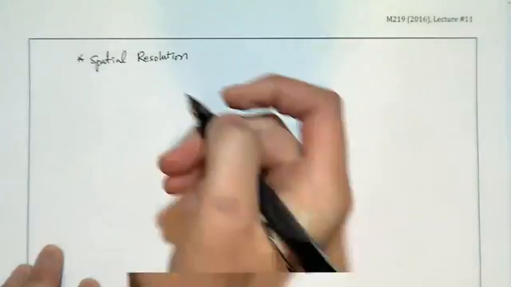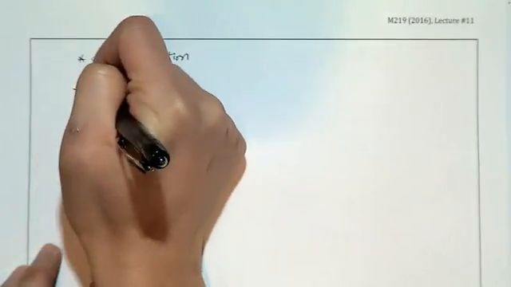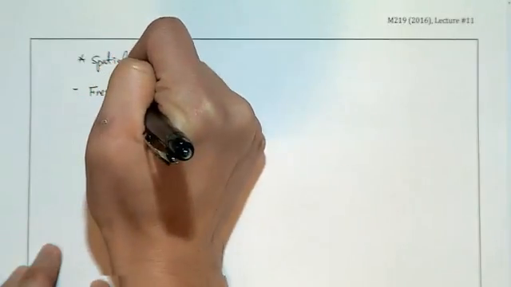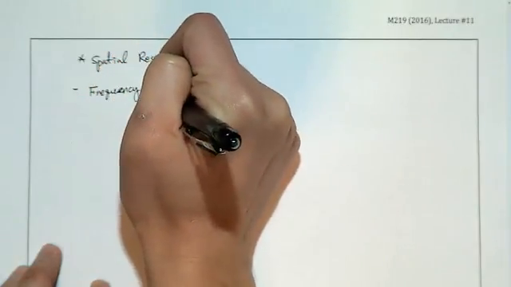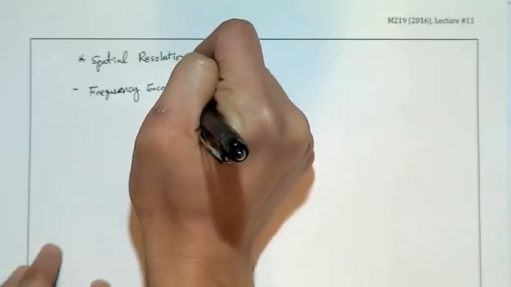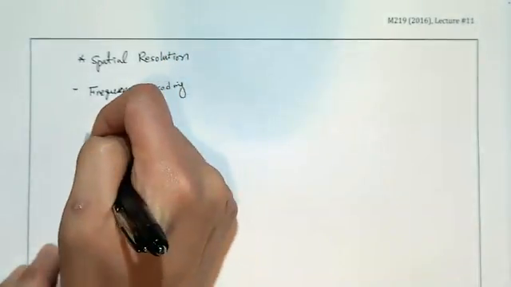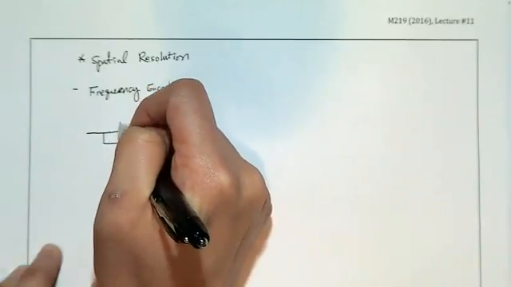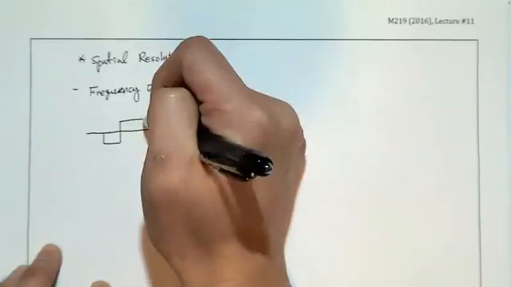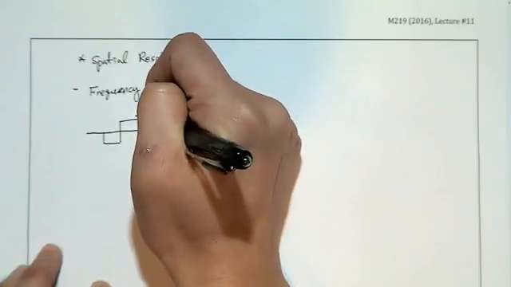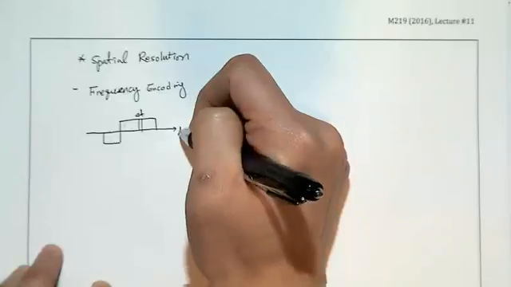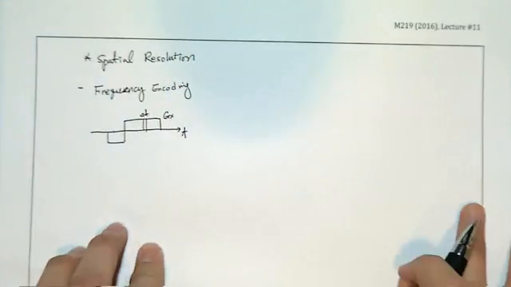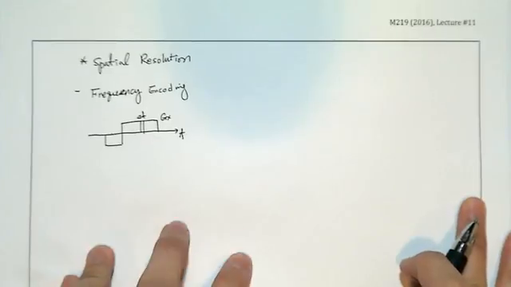The first one we're going to look at, again, is frequency encoding. And frequency encoding will be like this. And this is your T, and this is your gradient amplitude. We need to calculate what is the WKX, right? So WKX